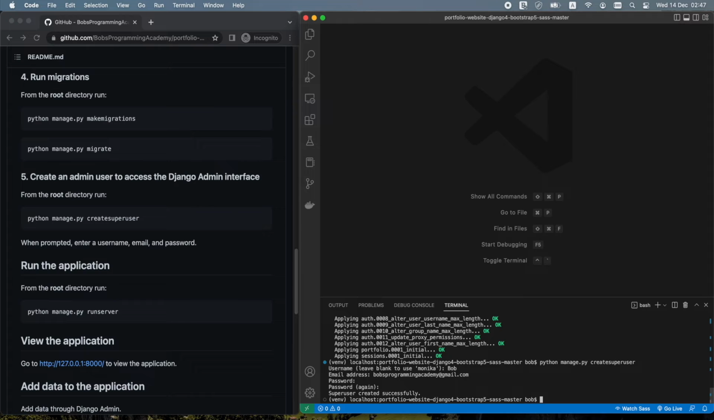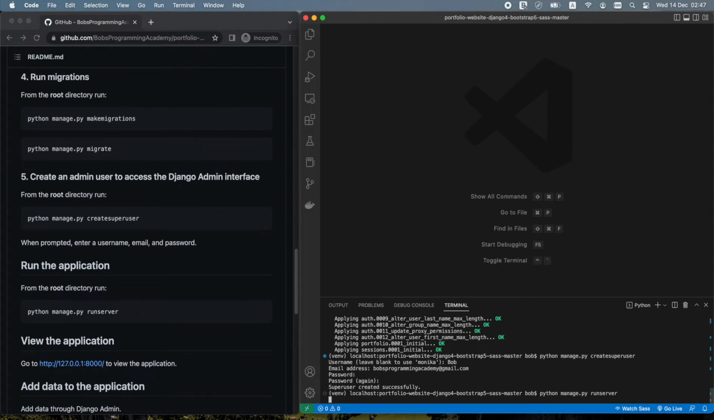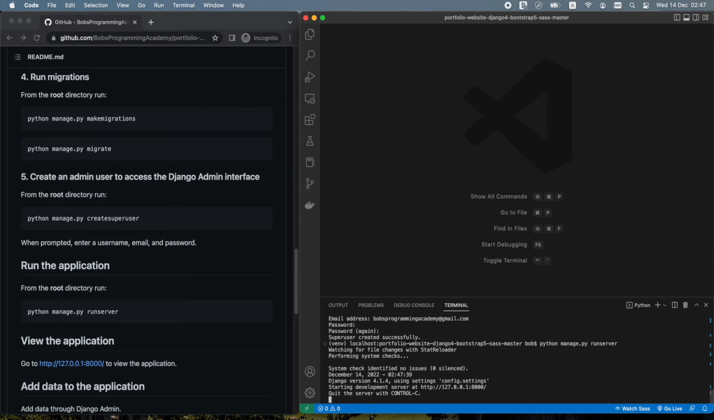Finally, we can run this project and see what it looks like. To start the application, from the root directory, run python manage.py runserver. This command will start the Django development server on your local machine. The Django development server is a lightweight built-in server written in Python. It was created so that you can develop applications rapidly without having to deal with configuring a production server until you're ready for deployment. By default, the server runs on port 8000 on the IP address